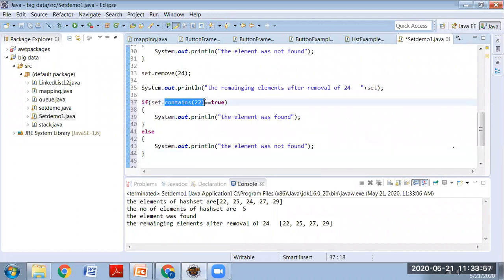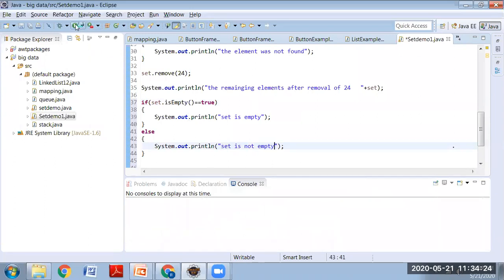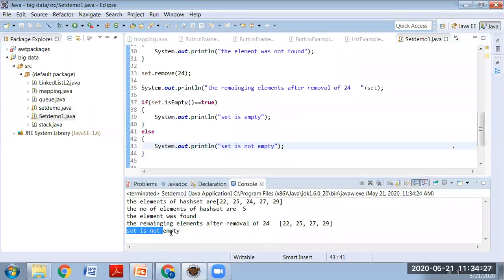If set dot isEmpty, we display set is empty. Otherwise, we display set is not empty. In our example, we know very well our set is not empty. So we are displaying the statement set is not empty. Why? Because we have some elements in the set.